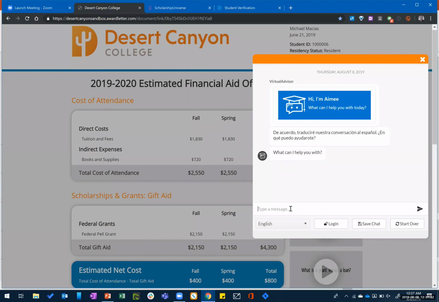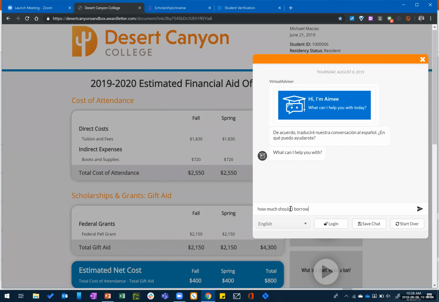So now again, as I mentioned before, one of the limitations of chatbots is that they tend to be just answer and response. Instead of actually engaging the student like a real person would and having a dialogue with them, or what we call real virtual advising. So in this case, maybe after looking at my award letter, I'm concerned with, as many students are these days, with how much student loan debt am I taking out. What if I asked it, how much should I borrow?